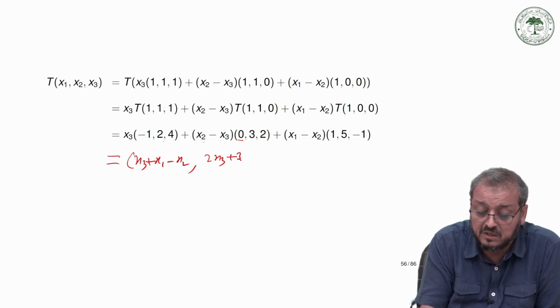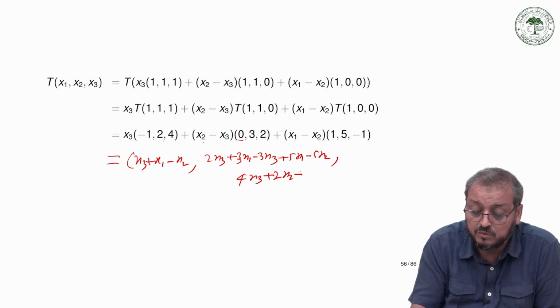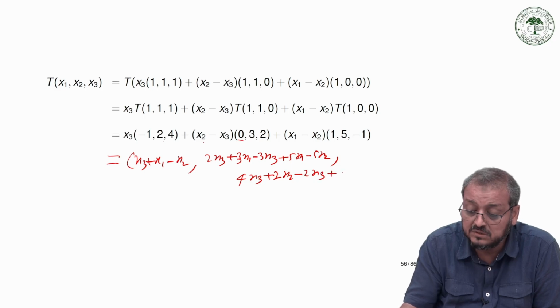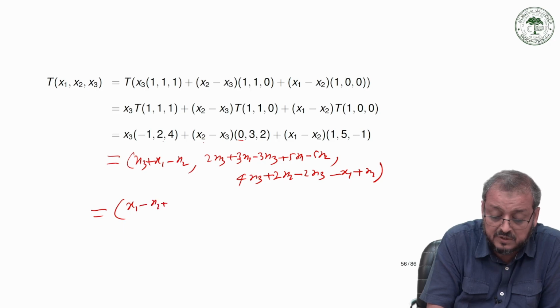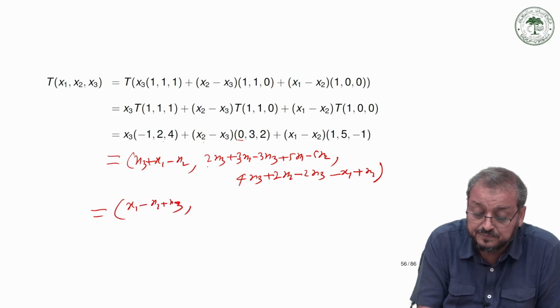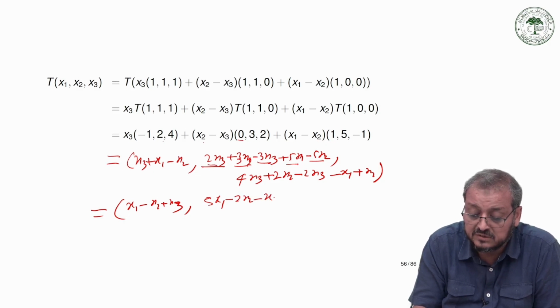and then we have a plus 3 times of a x2 minus 3 times of x3, and plus 5 times of x1 minus 5 times of x2, and then the last one, you have 4 times of a x3 and plus 2 times of x2 minus 2 times of x3, and plus we have to multiply the minus, so this is equal to minus a x1 plus a x2, and this is simply x1 minus x2 plus x3, and now you have 3x2, and then you have minus 5x2, this is 5x1, so you have 5x1 minus 5x2 and then plus 3x2, so you equal to minus a twice x2, and then you have minus 3x3 and 3x3, so you have minus a x3,